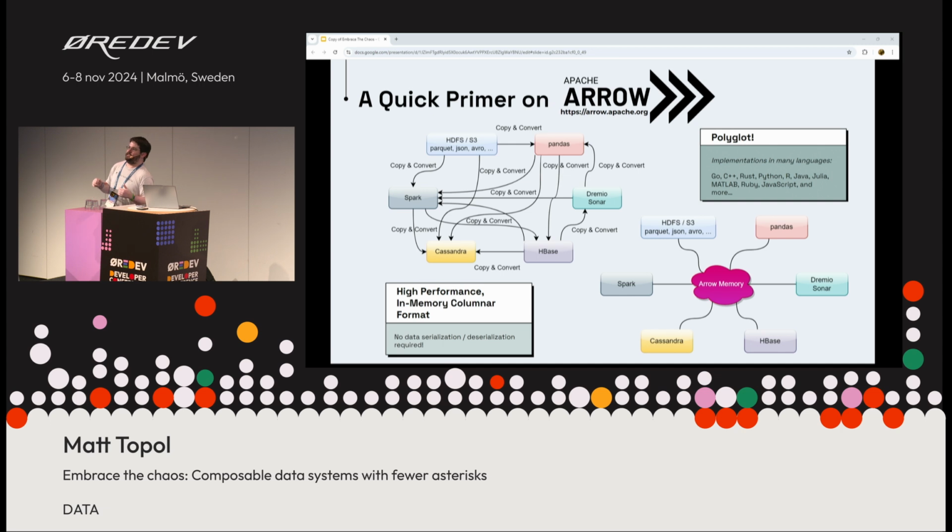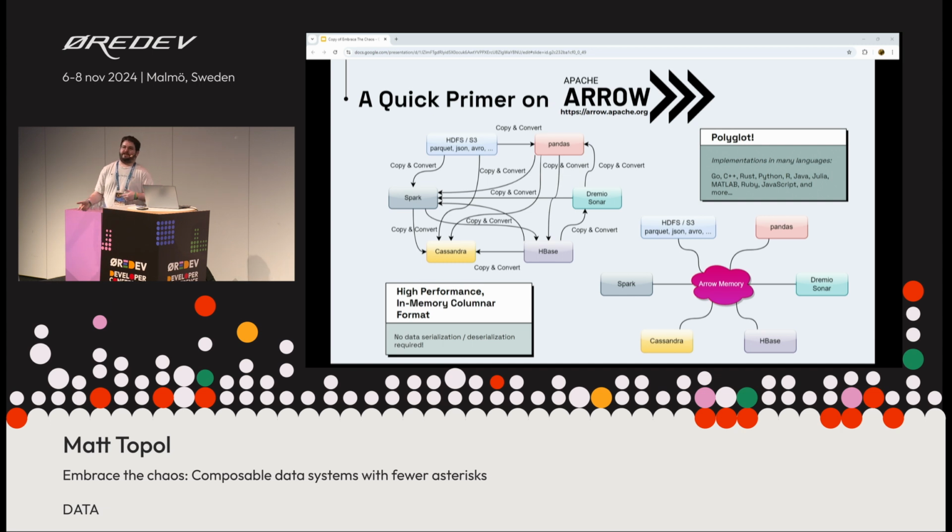Like I said, Arrow is an in-memory, column-oriented data format. Open source, Apache license, and so on and so forth. The idea being that when you have your data systems and you're passing data from one system to another, from one node to another, hell, from one runtime to another, a huge cost is serializing and deserializing that data every time it goes from one place to another.